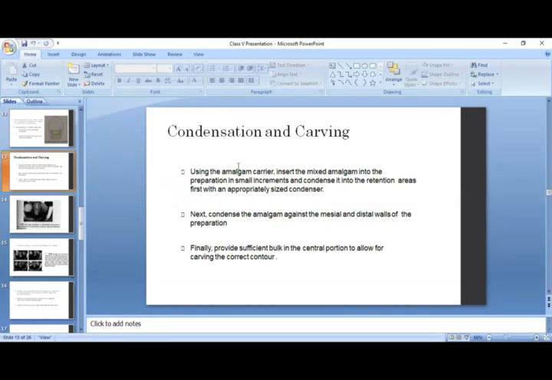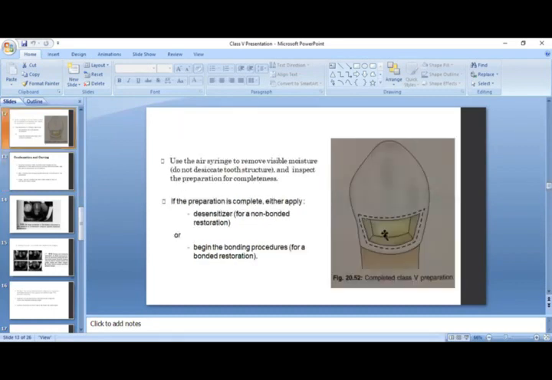And what is basically the amalgam carrier? Amalgam carrier is basically a sort of a gun. Like, for example, imagine it's like a pipe kind of a restoration. It's like a pipe. Pipe means that we just pick up the restorative material with this instrument. So we need an instrument to pick up that filling, and then we are supposed to place the restoration in that area. So that is basically the condenser and the amalgam carrier.